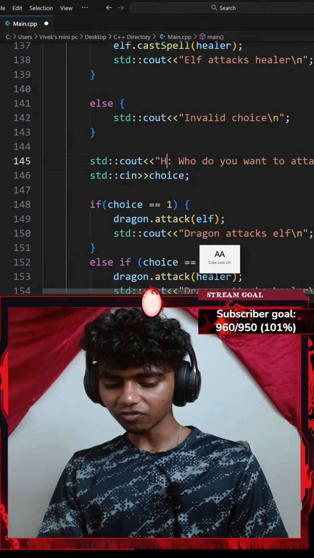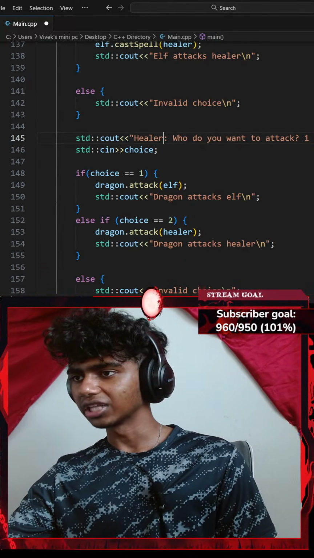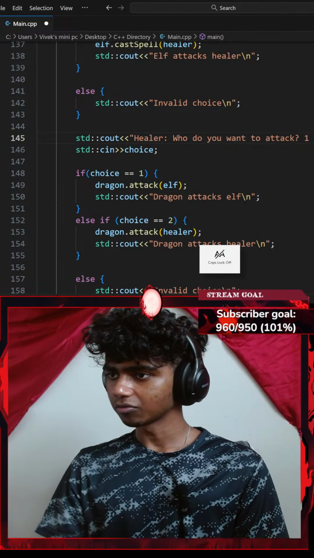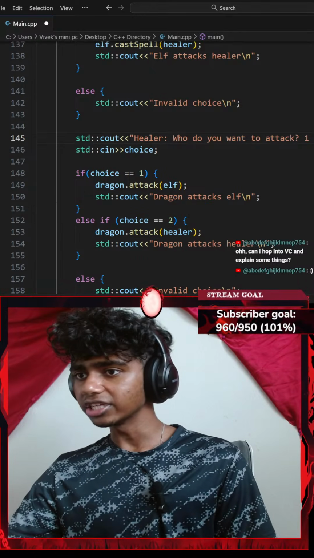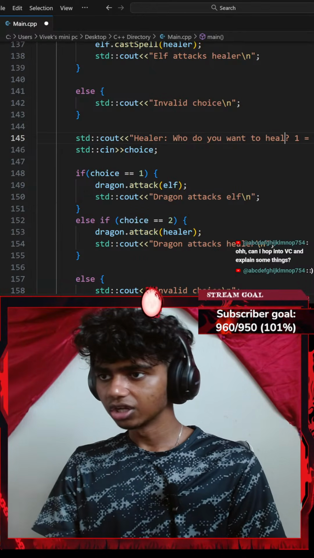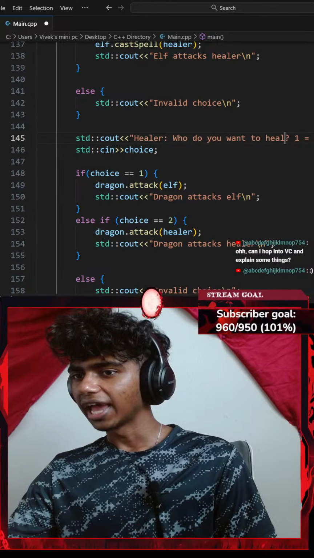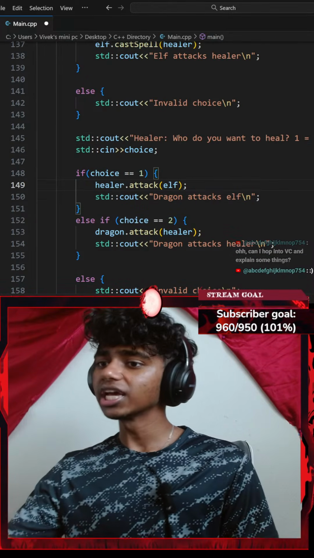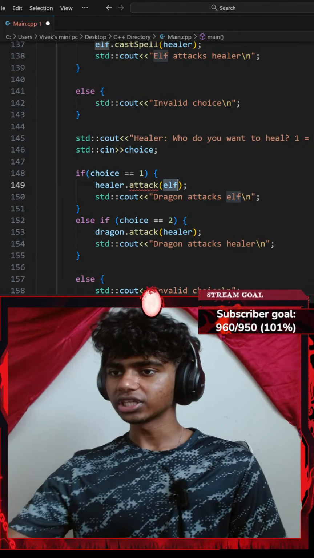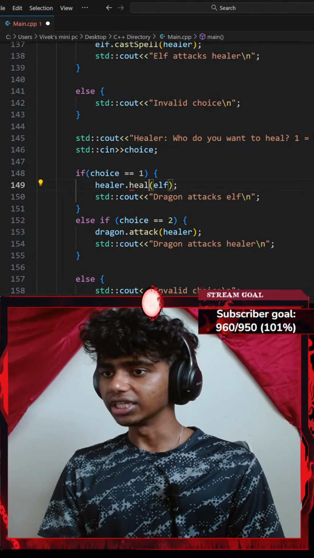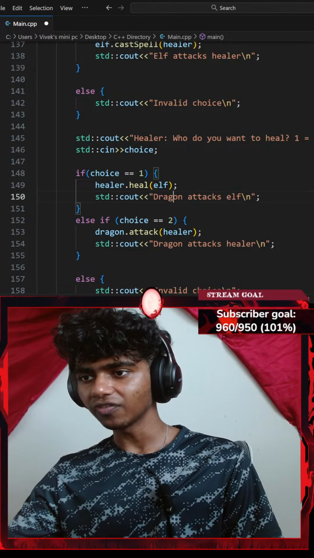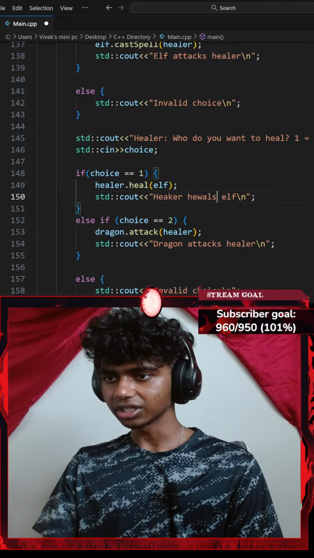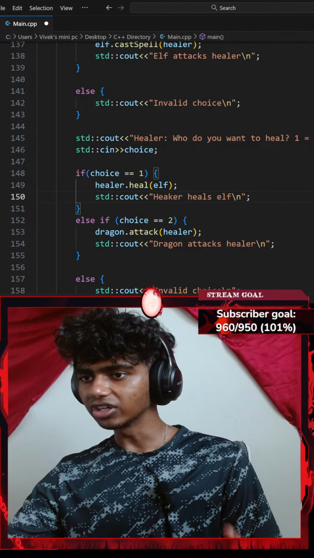That said, this is going to be for my healer. So I'll go with something like healer. 1 is going to be elf, 2 is going to be dragon. Okay, this is going to say, who do you want to heal? So I'll go with something like heal. And then if choice equals 1, let's say my healer object heals my elf. So healer object dot the heal method, I want to heal my elf, and then say something like healer heals elf. So I'll go with healer heals. There we go. Healer